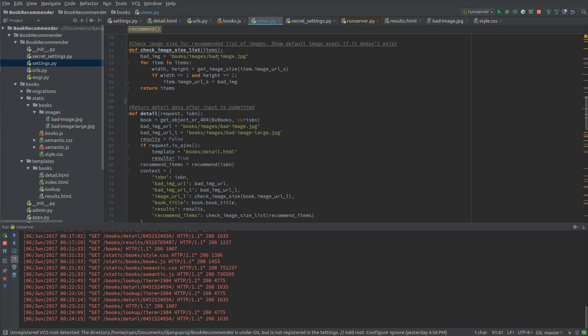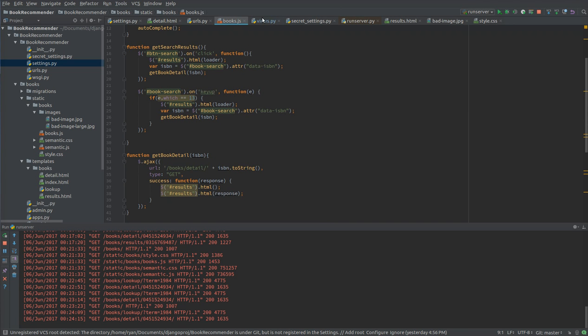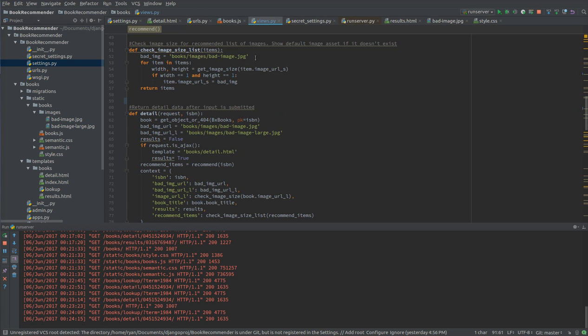So when you search for the book, it does an AJAX call to the books table and returns the book title along with the ISBN and appends that to a data element in the HTML, which I grab in my JavaScript code, which then does another AJAX call to this detail function in my views.py, gets that book that I'm searching for in the books table,